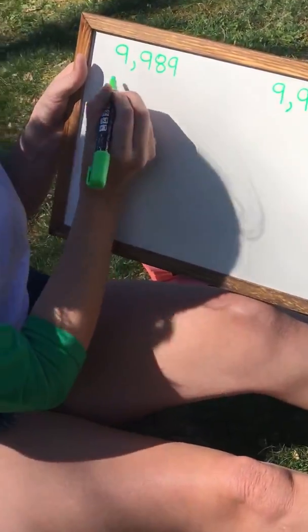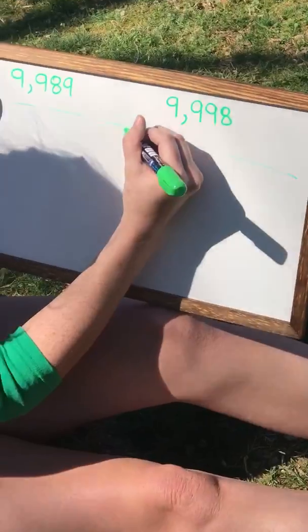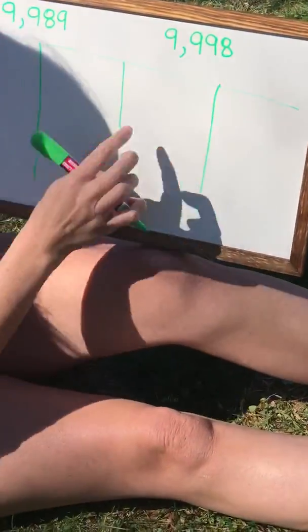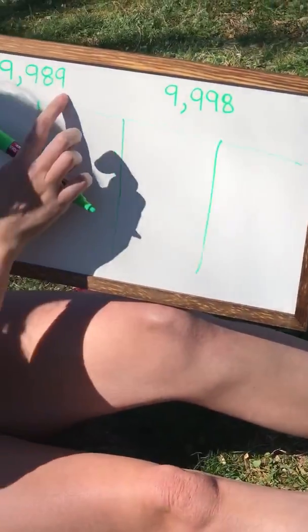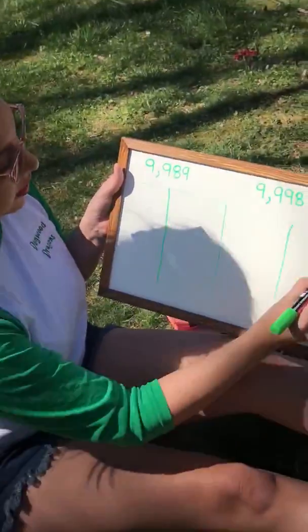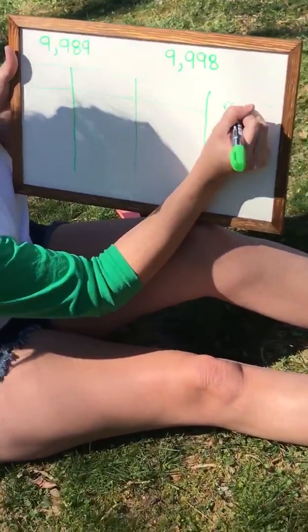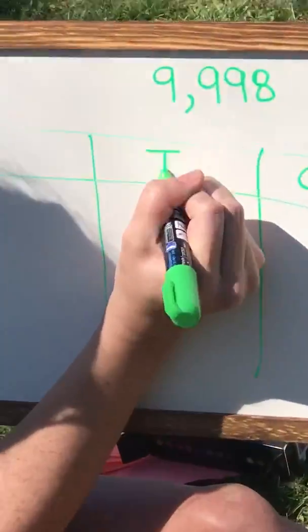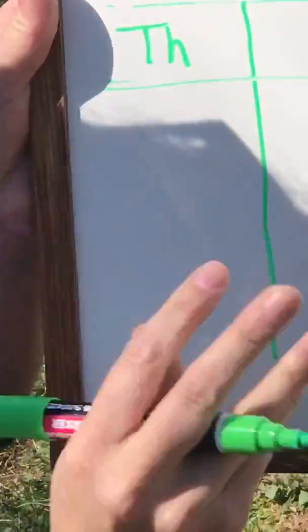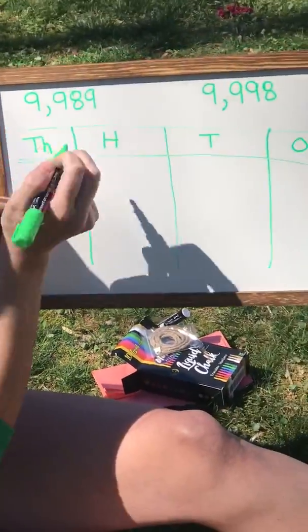The first thing I'm going to do for my chart is cut in half, and then I'm going to mark each half again, leaving us with fourths, one for each of these numbers to fit into. So this one will be the ones, this will be the tens, this will be the hundreds, and this will be the thousands. For my first number,